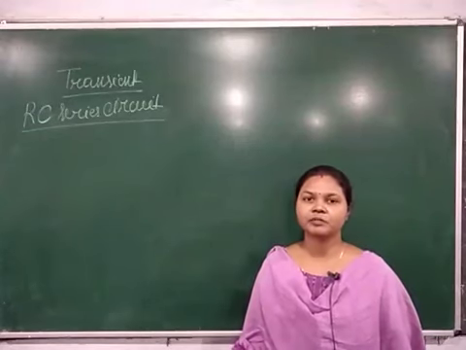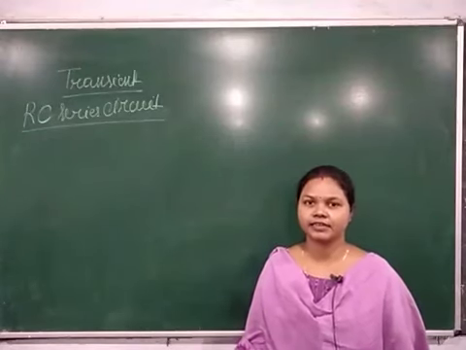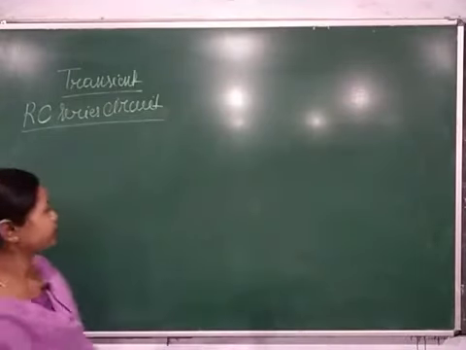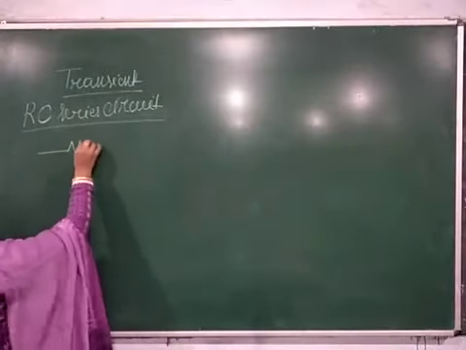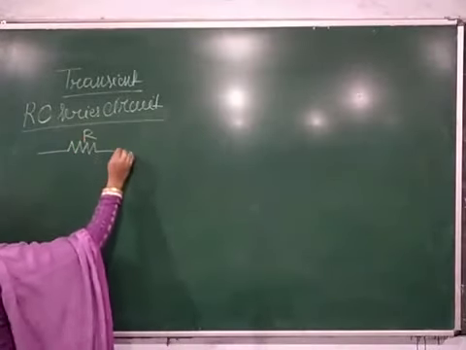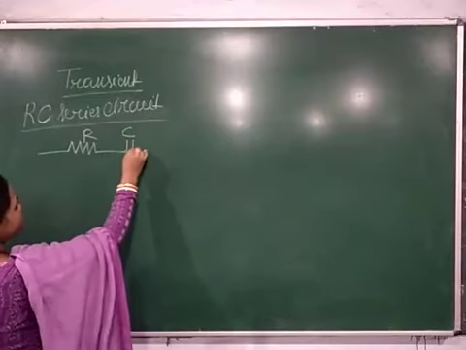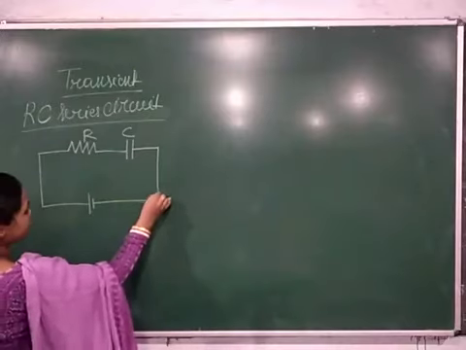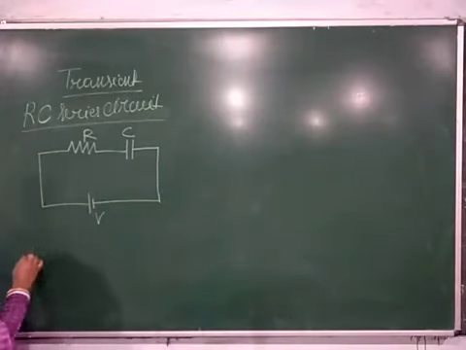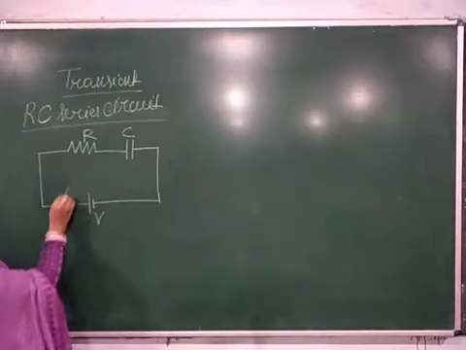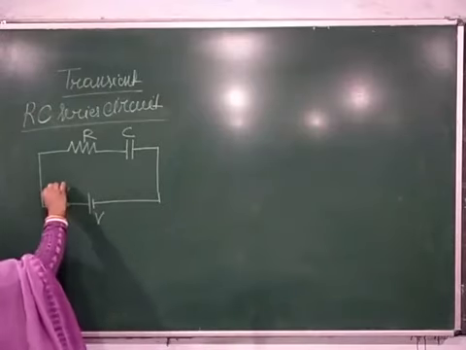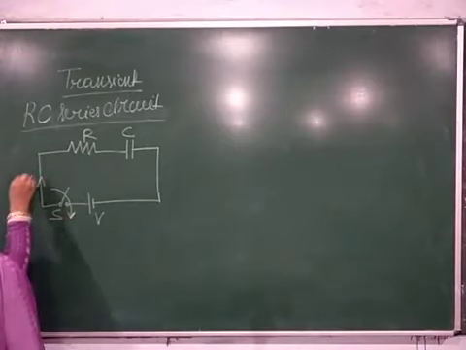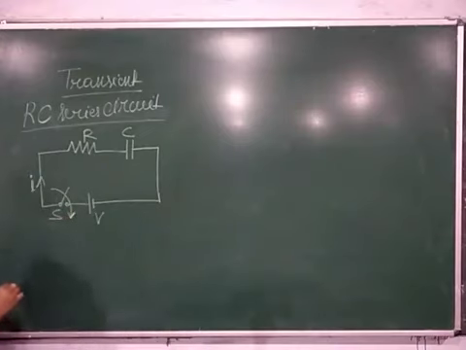Let us discuss the transient response of an RC series circuit. So let us consider an RC series circuit. Here I take a resistance of R ohm and a capacitance of C farad connected across a DC source of voltage V volt. Suppose this is a switch S. When switch S is closed, the resulting current i flows through the circuit, and which gives